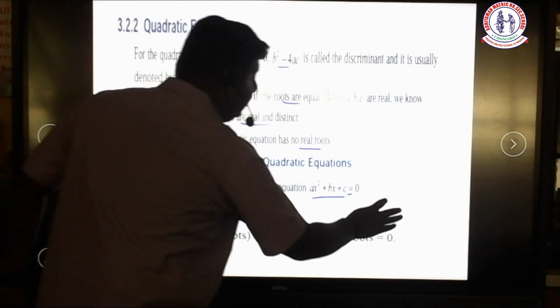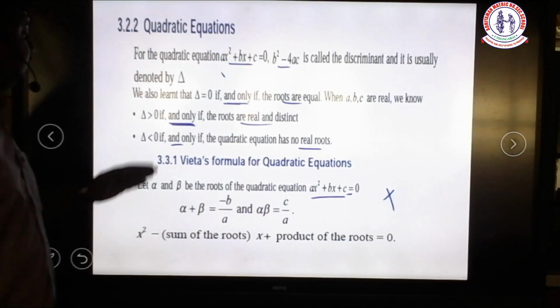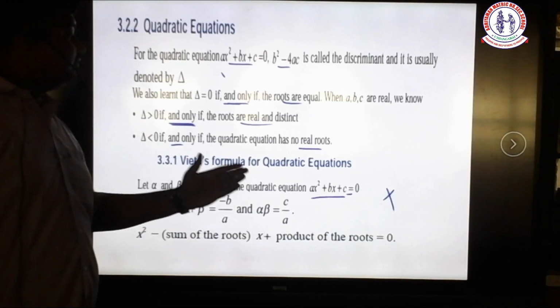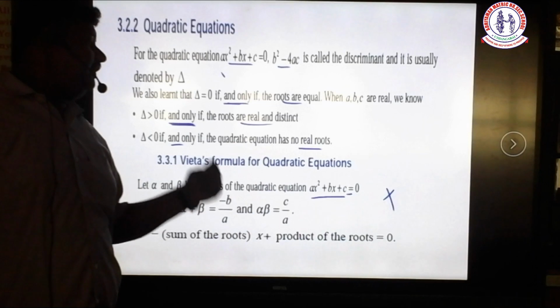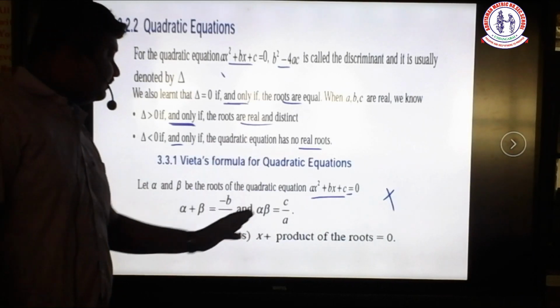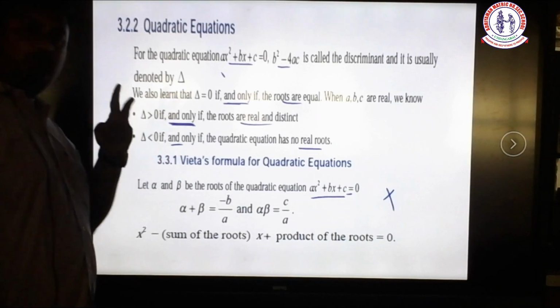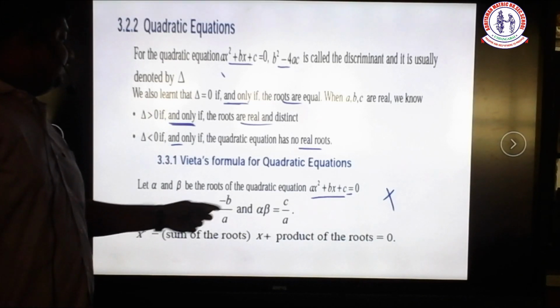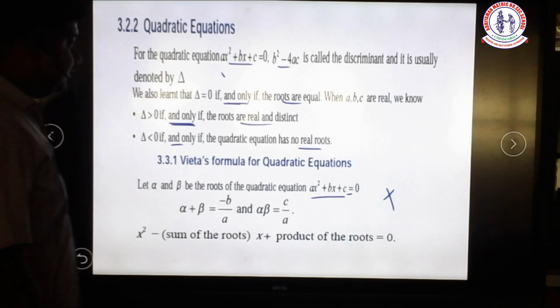These are important because using this quadratic equation, using the same concept, you can apply Vieta's formula for higher degree polynomials, for degree 3, for degree 4. The only important thing is the roots. Here there are only two roots, so we use alpha plus beta and alpha beta. Suppose what about the three roots in a cubic equation? You can listen in the next slide.